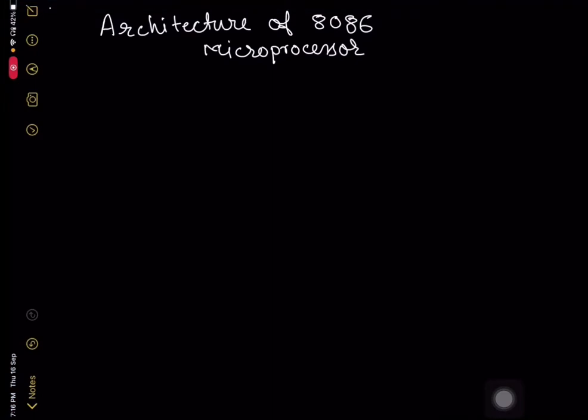Today we will discuss the architecture of 8086 microprocessor in detail. Now in the architecture of 8086 microprocessor, mainly there are two parts. The entire architecture or internal block diagram of 8086 is broadly divided into two parts, and those two parts are